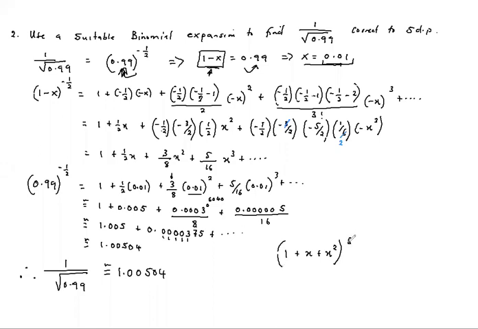But even if they will guide you, they'll first give you something like this. Even if they don't, you treat this as a single variable. Suppose you let it to be y, and then do the expansion. When you are done expanding with y, then you can substitute wherever there is y, you substitute your x plus x squared. If I tell you to approximate, let's say when x is equal to 0.1, you come here and substitute